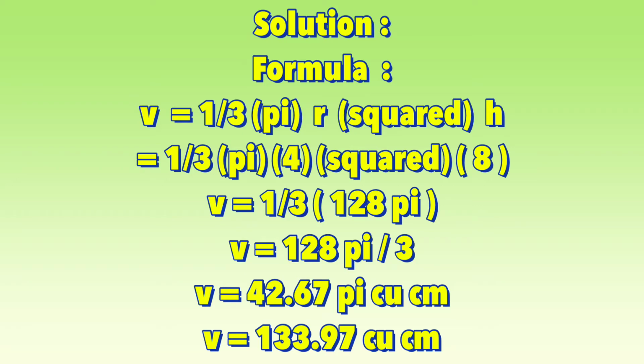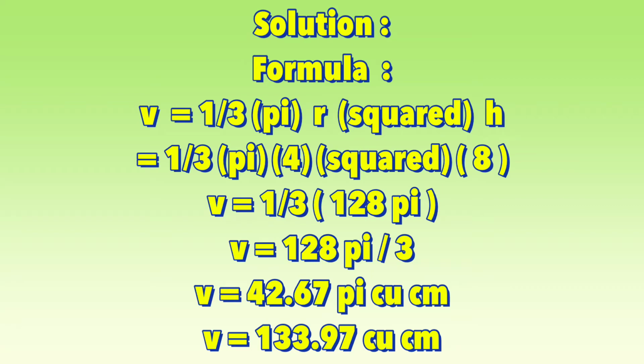Okay, then we have to multiply this by 1, the numerator, and we have the volume is 128 pi over 3, so we have to divide first 128 divided by 3, and the result is 42.67 pi